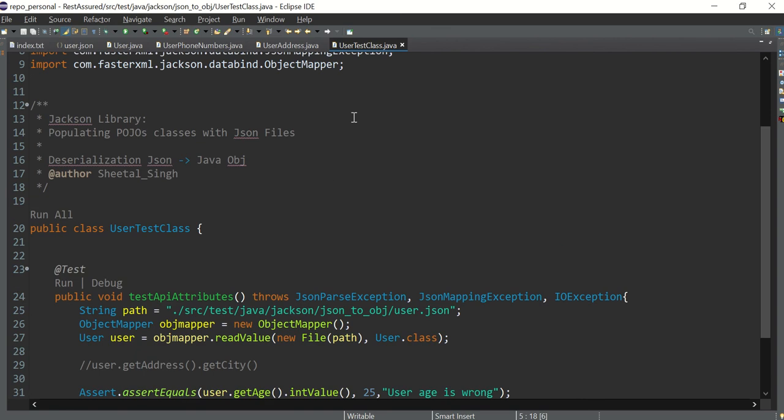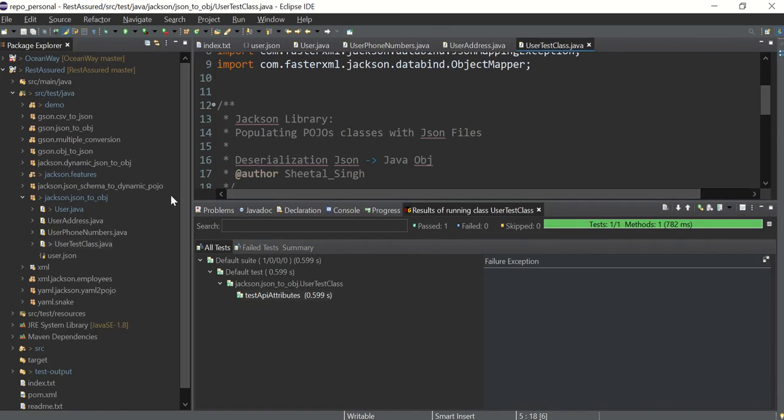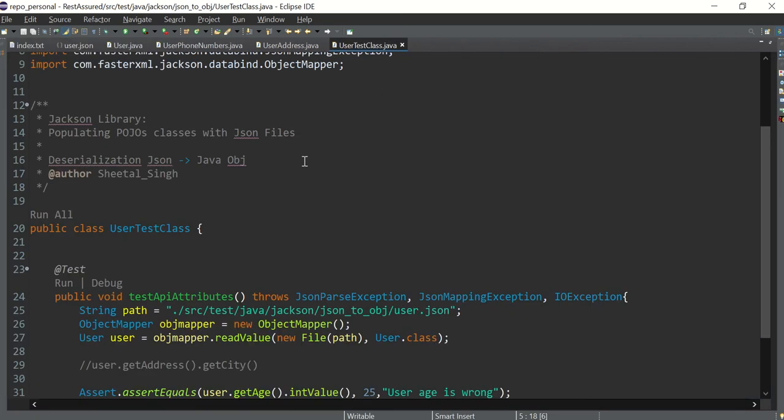Fine friends, I hope this particular session is clear to you and how to create the POJO automatically using a JSON file. We have seen how to create POJOs and how to read a JSON. And rather than converting into the JSON node, this time we have converted into a Java object. And from the Java object, we have used getters and reading the file. So this is the ideal way rather than going into the JSON node. But that is also okay.